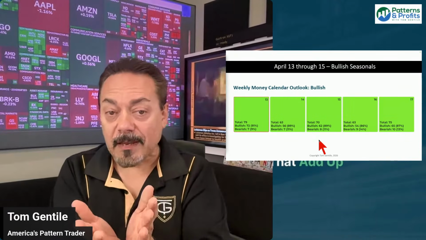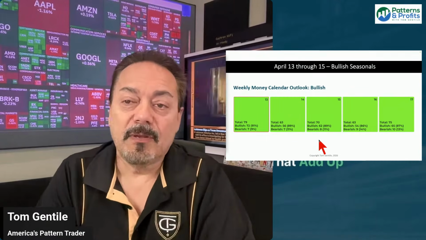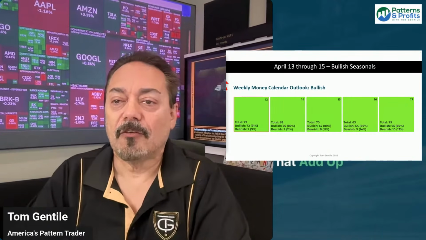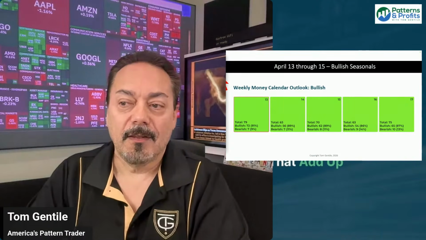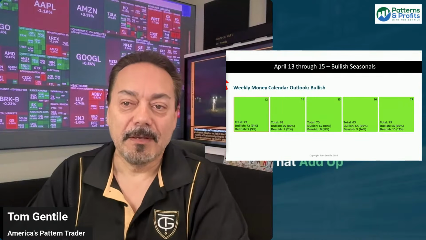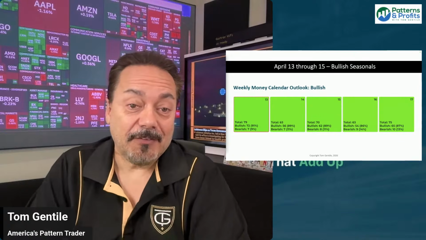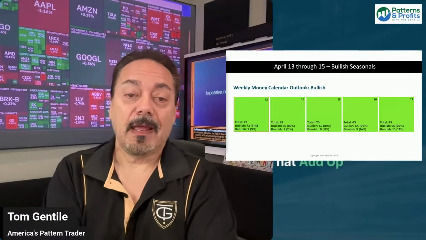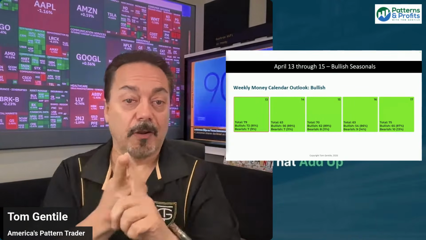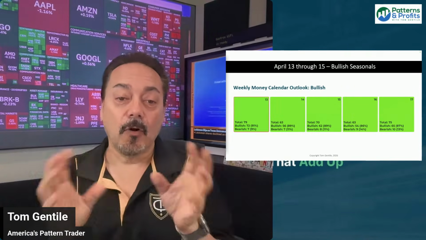Probably the only thing that might be a bit of a stab against the bullishness is, guess what happens in the middle of the week? April 15th. It's tax day. For many of us, tax day means we've got to have our taxes set up and put in, either ourselves, as we self-deliver taxes, or maybe we use accountants. And for many of us, it's extension day. Depending on where you are, you might be putting it off, but a lot of Americans look at this as a negative day.